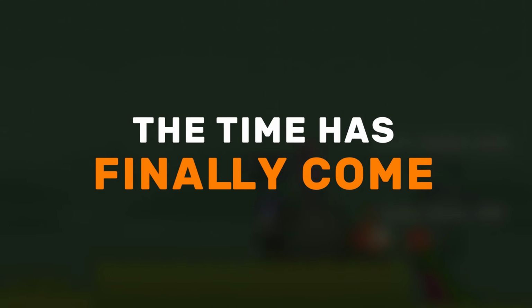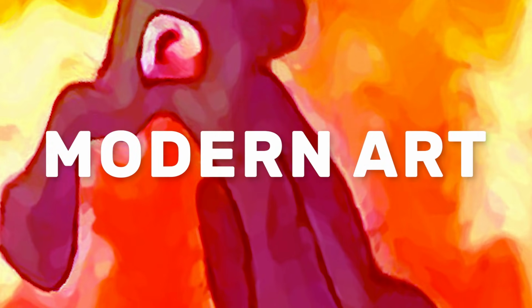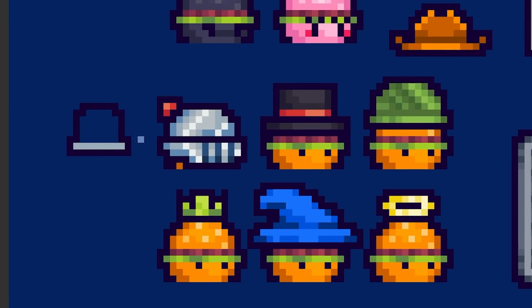Time has finally come to tackle a subject that puts fear into the hearts of all. Pixel art. Wait, that sounds scary. Modern art. Pixel art can be a challenging skill to pick up, especially if you're new to game development, or